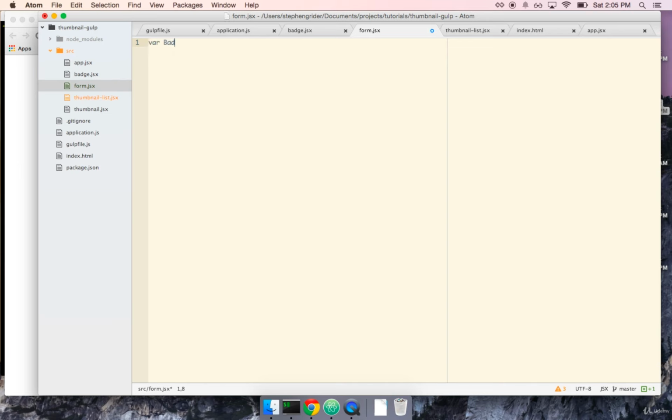So I'm going to write var badge = require badge. So now I'm telling Browserify, hey, when you go to load this code right here, I need to have access to badge before any of the other code in here will work properly. So for our form component, and again, this is just for an example, we're not going to be making a form component just yet. Let's imagine that somewhere in here we have our render function